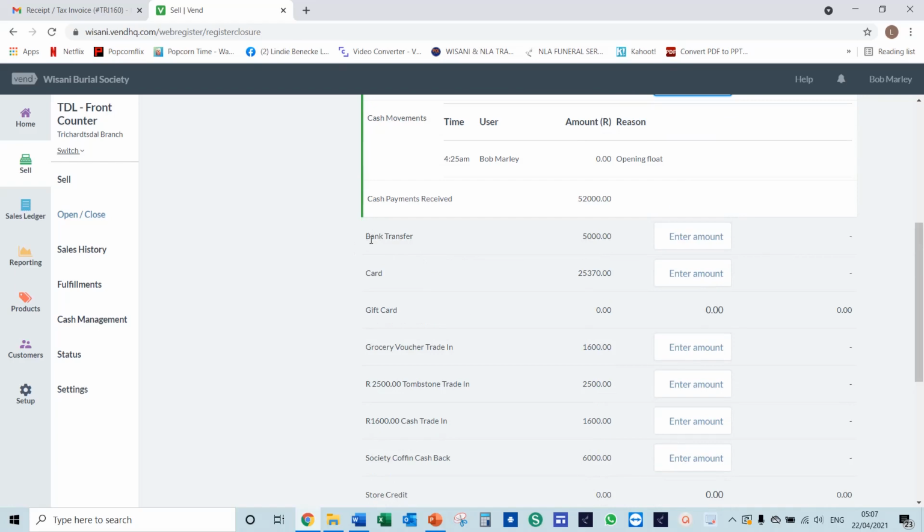So you need to go through all the receipts from your staff members, count all the bank transfers together, and make sure that it balances with this amount. So this is 5,000. Let's say you've counted it and you said, yes, we have 5,000 Rand worth of bank transfers. And then look at the card payments that have been made. You need to add up all the card payments to see if you get to this total of 25,000 Rand 370. If you've added it all up and you see that it balances, then you can type in that amount,